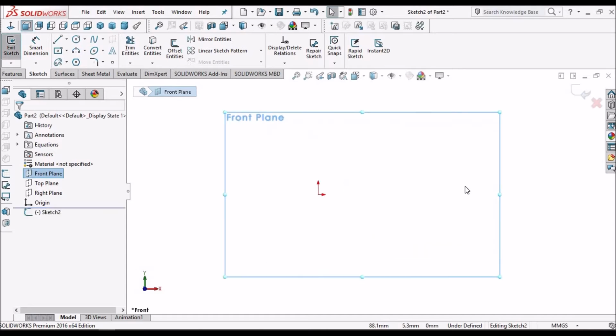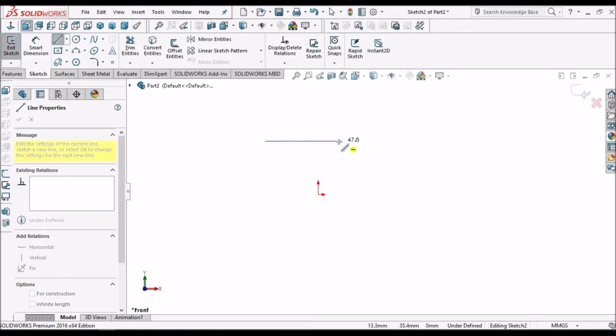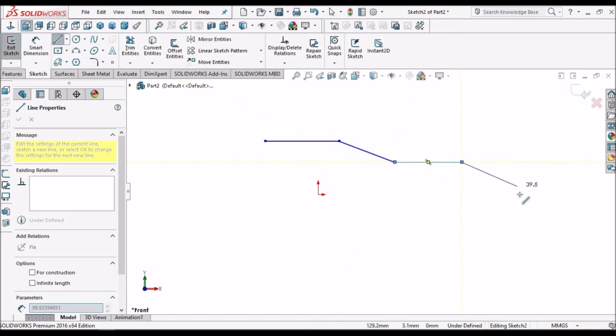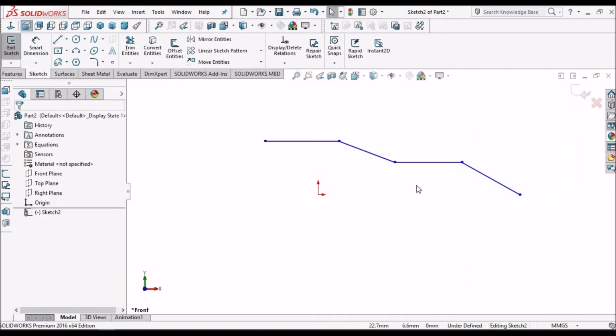So now I am in the sketcher mode. General practice is usually click the lines. This is general method and other is